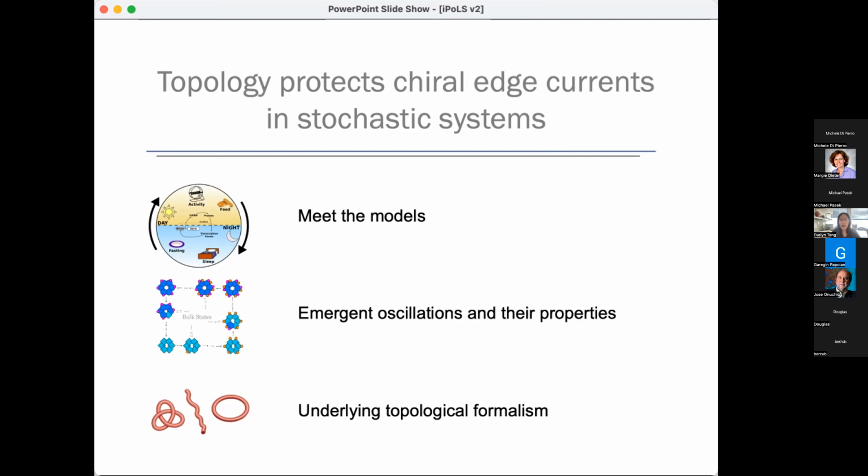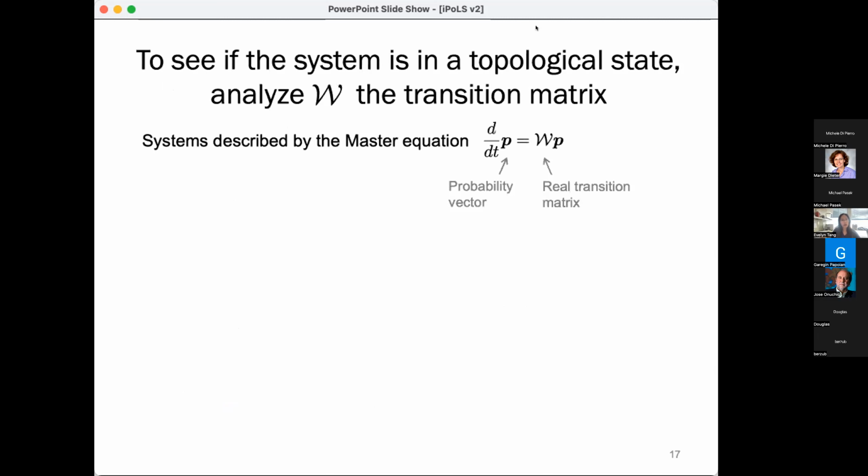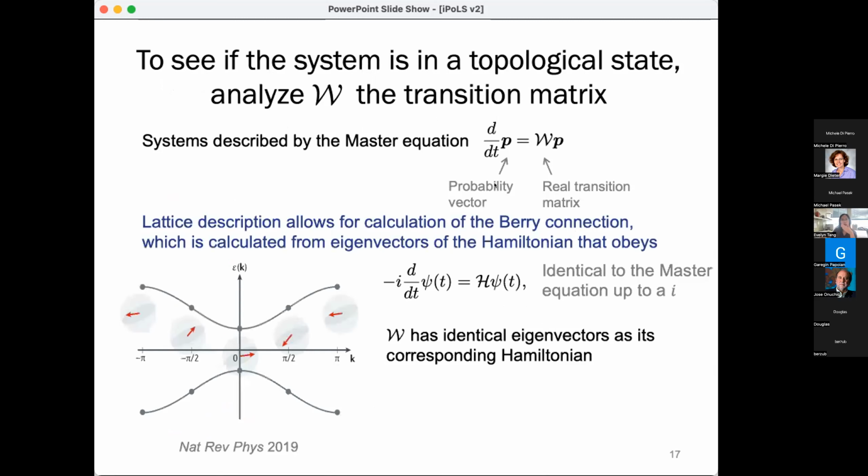Okay, great. So here I just want to illustrate that we are using the master equation and Markovian dynamics to describe these systems. Essentially we're using a mapping of this master equation that looks very similar to the Schrodinger equation up to an i, to use some of the results that were obtained for quantum Hamiltonians to look at the topological invariance of this operator, W, where they actually have identical eigenvectors as the corresponding Hamiltonian,